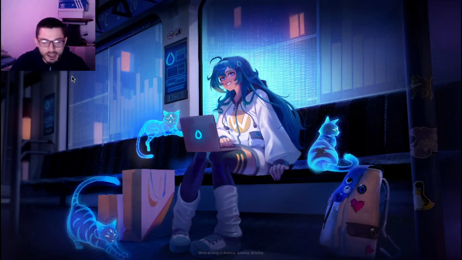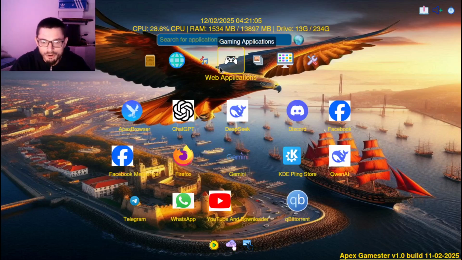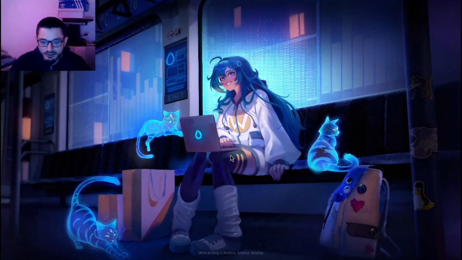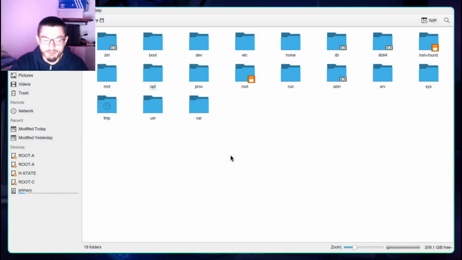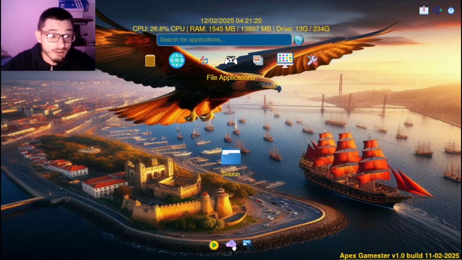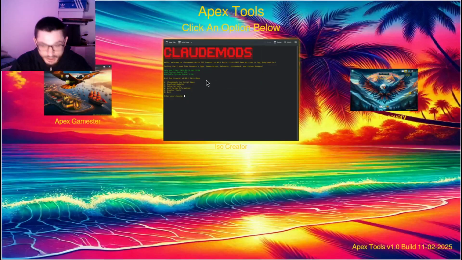Anyway, if we come here, of course we've got the 3 options like normal. We've got the new build that's just come out, and we've got all of these applications here. And what I've added now is, when you go to an application and then come out of the application, it'll take you directly back to the window where the menu is. And I did have it for the update and for the open terminal, which do work, and they are options now. And you can also